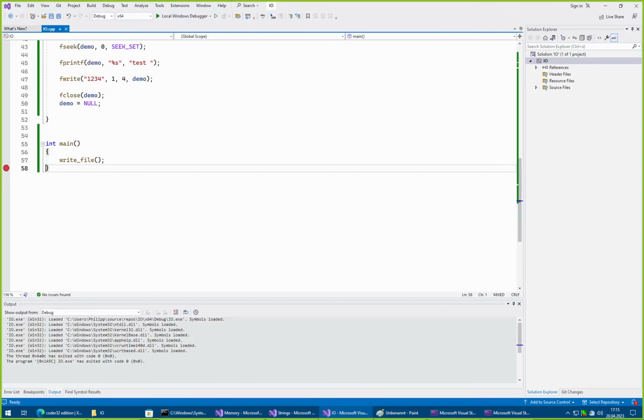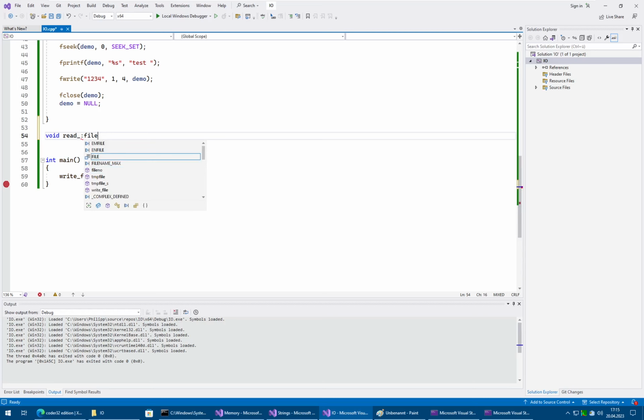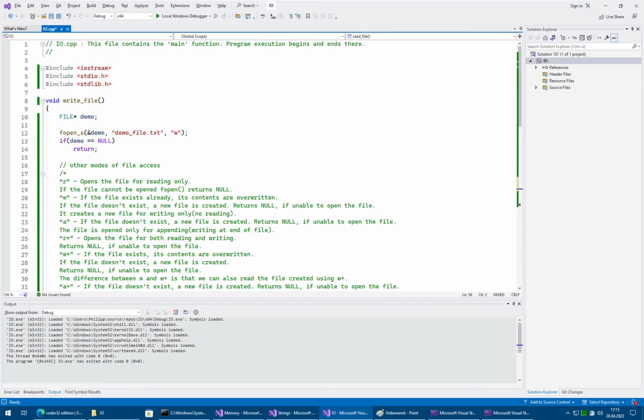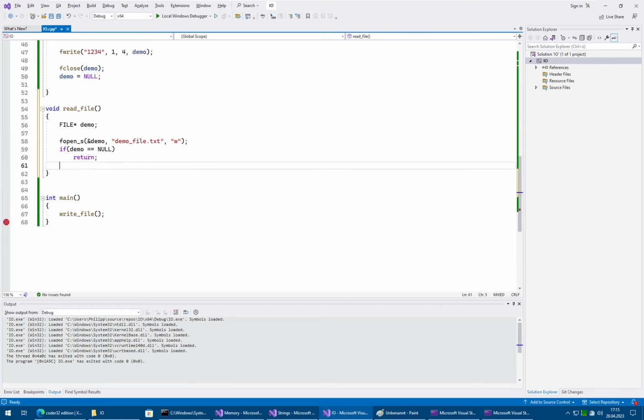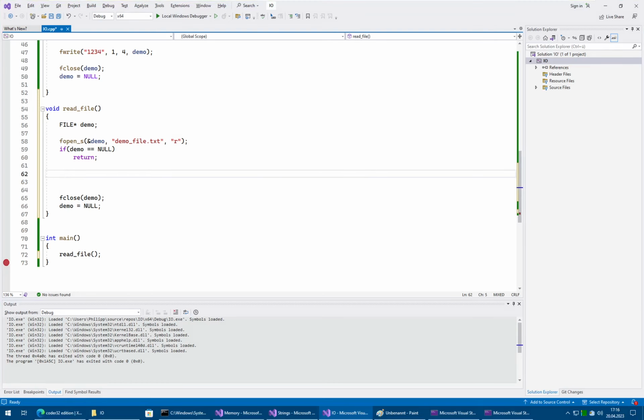And what we can now do is pretty much the opposite. We can read the file. We can copy something from here. We can copy this. We can copy also close. It's always useful to copy as much as we can, because then we save on time typing things. But we want here the R parameter since we are reading. And now it's up to us to decide how we want to read the file. So one way we could read it is, of course, we could just read everything to a buffer, but as I mentioned, for particularly big files that might not necessarily be the best thing to do. We could try to use